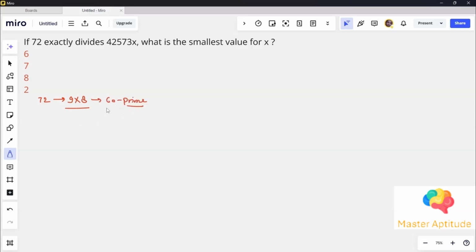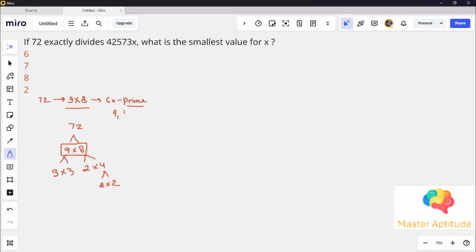Now if we do the prime factorization of 72, it will become 9 into 8. It will also become 2 into 4 and 2 into 2 and 3 into 3. So this is the prime factorization of 72. Now let's find out the co-prime pair. Let me tell you what is co-prime. Co-prime numbers cannot be a single number. It will be a pair of two numbers.